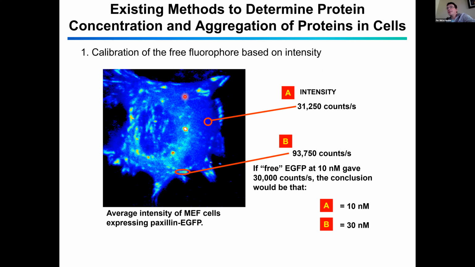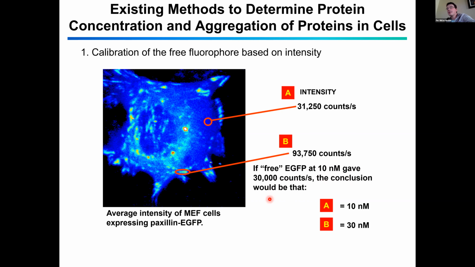Okay, so if you want to measure the concentration of a certain molecule in a cell, you can do that provided you can fluorescently label it. For example, you express just the green fluorescent protein in a cell. And then you do, with the same settings on the same instrument, a reference measurement of a solution of EGFP, where you then know the concentration. So you know, for example, in this hypothetical scenario, a 10 nanomolar EGFP solution will give you 30 kilocounts per